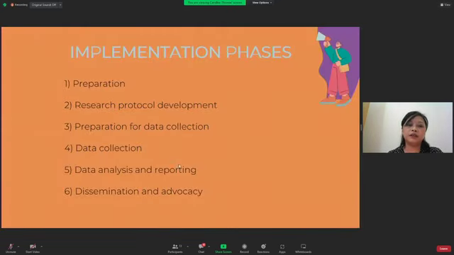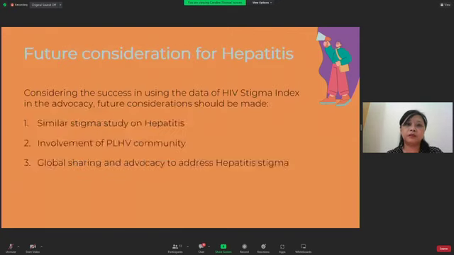These are the full implementation phases. In each of the phases, it has to be led by and also involve PLHIV. So we were thinking, as we discussed this,